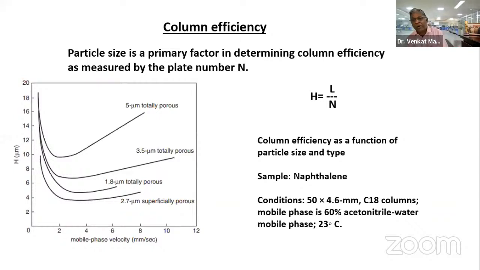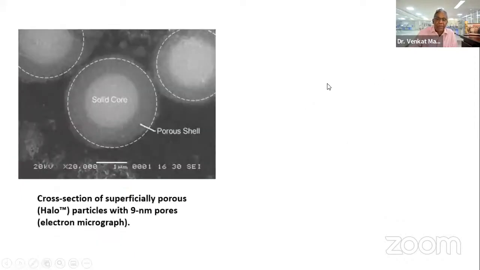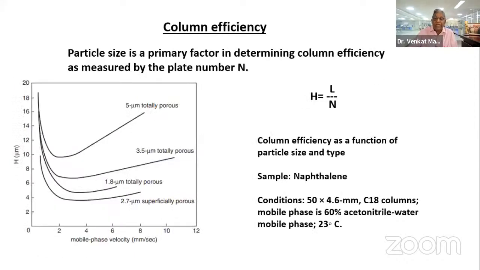Therefore, now when you do this, how can I measure the column efficiency? The column efficiency can be measured by the theoretical plate, that is, height equivalent to theoretical plate, H, which is equal to L by N. For column efficiency as a function of particle size and type, N should be very large, thereby